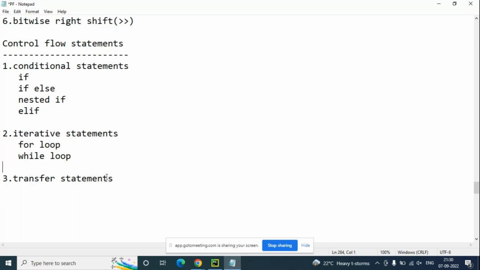Now coming to the transfer statements. Transfer statements are these. Break. Yes, this is common in other languages also. Continue. This is also common in other languages. And then pass. Pass is different here. Pass is a keyword. And for your kind information,